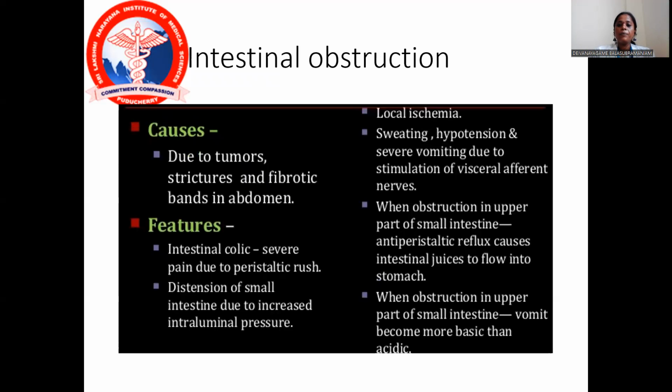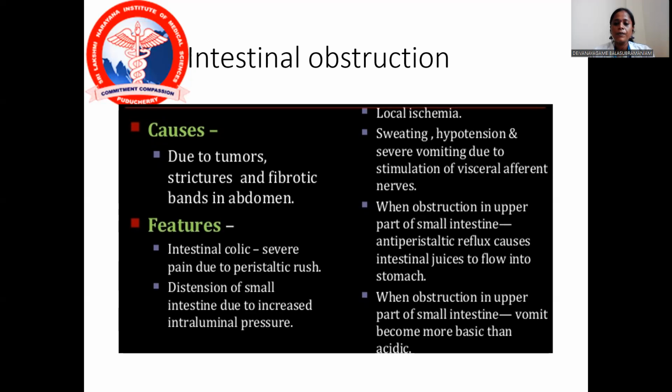And the next one is intestinal obstruction. The causes for that are tumors as well as strictures and fibrotic bands in the abdomen. And the features of that are intestinal colic, severe pain due to peristaltic rush, as well as distension of the small intestine due to increased intra-abdominal pressure. It causes local ischemia, sweating and hypotension, and severe vomiting due to stimulation of